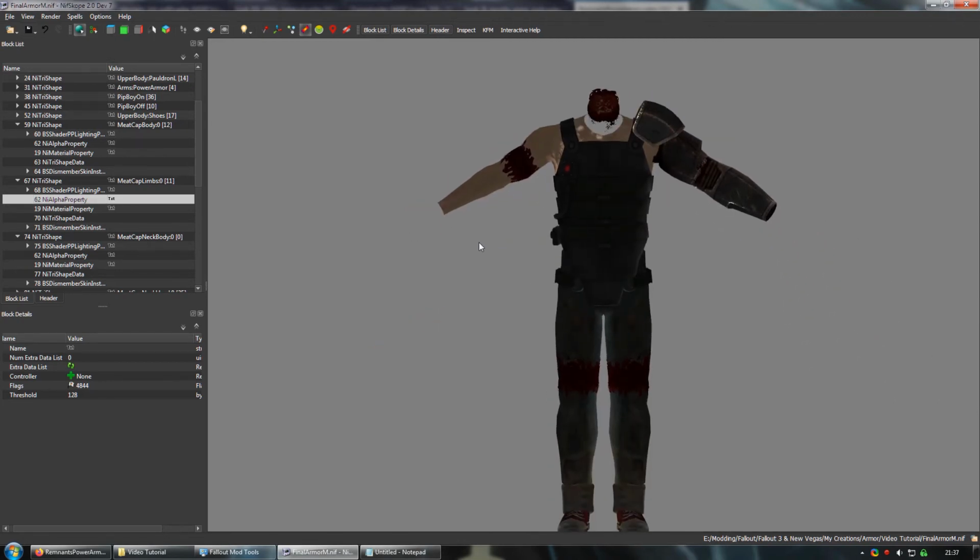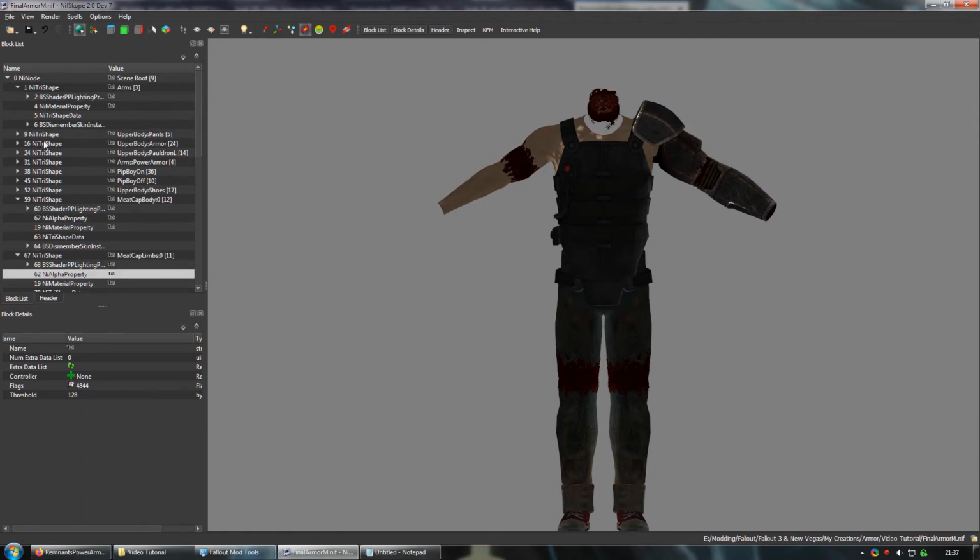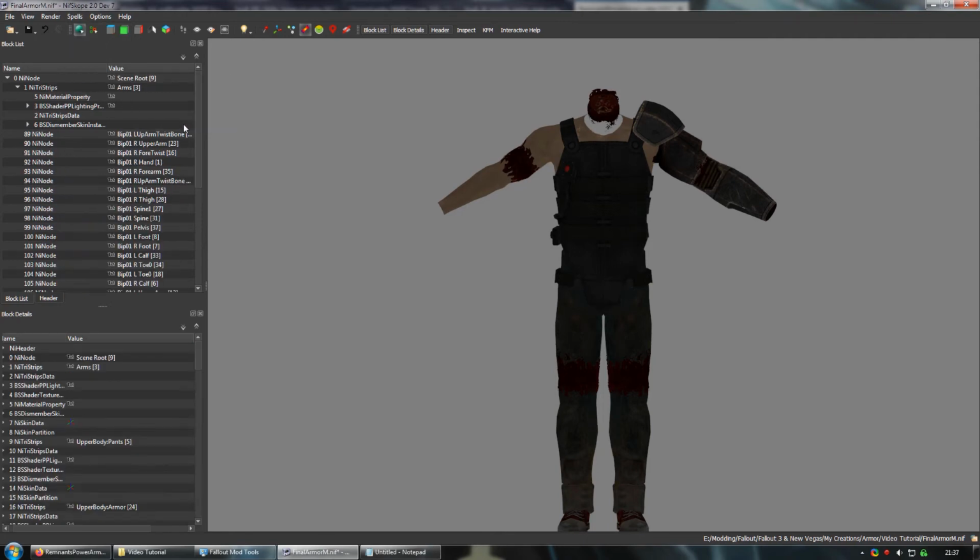And lastly, what we want to do is stripify all the TriShapes. So to do that, you go to Spells, Optimize, Stripify all TriShapes, and then it'll work for a little bit, and you'll notice that it kind of got a little bit duller. So then now we go to Spells, Batch, Update all tangent spaces. And then now we save this